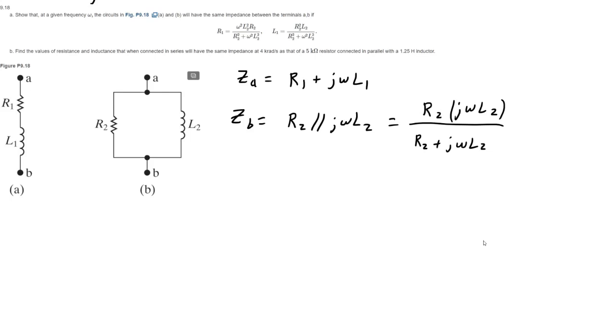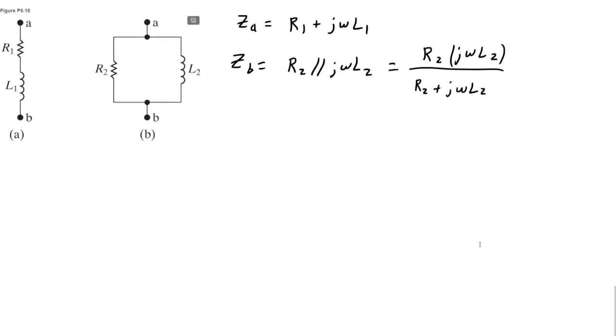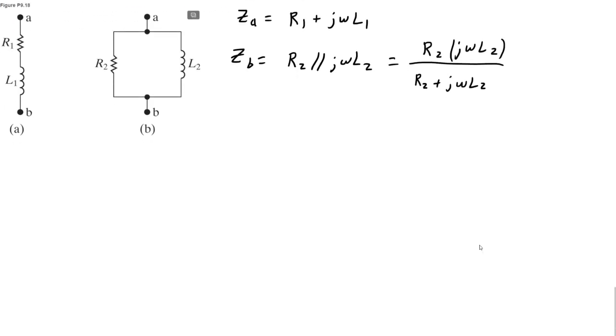Now, if you simplify the expression, we can get it into the form that is showing up at the top. And using a little bit of algebra, you know to get that ZB